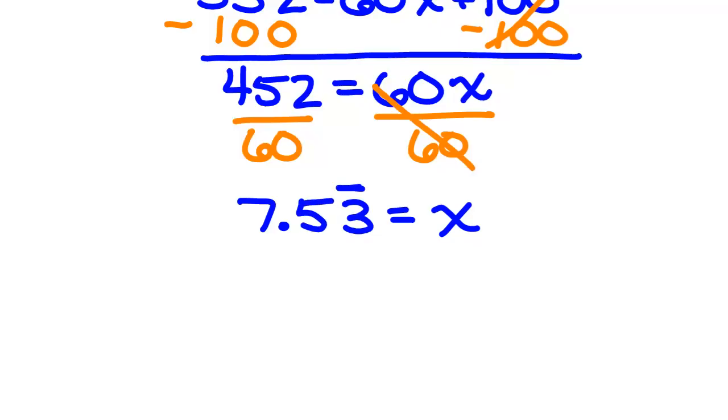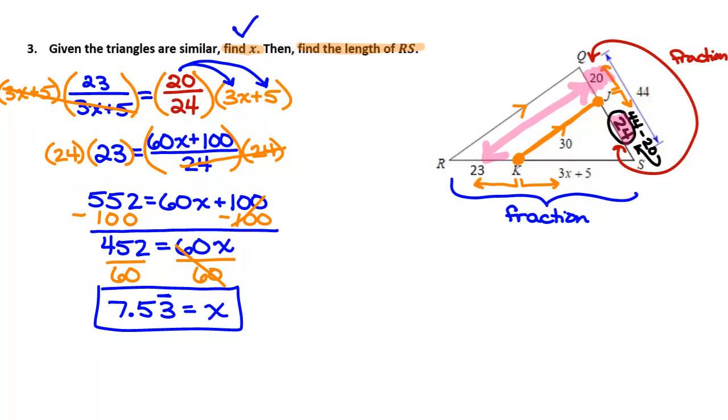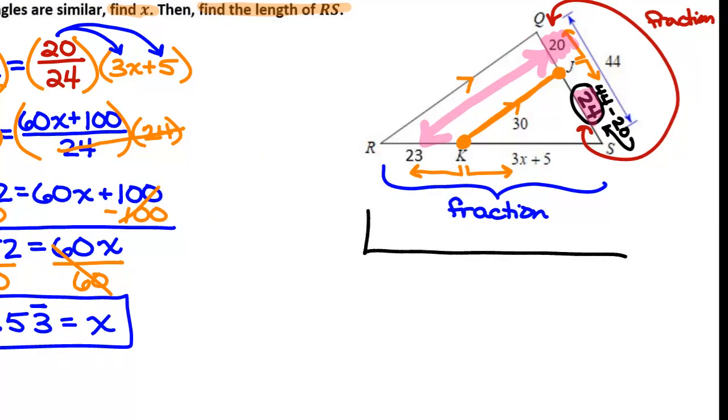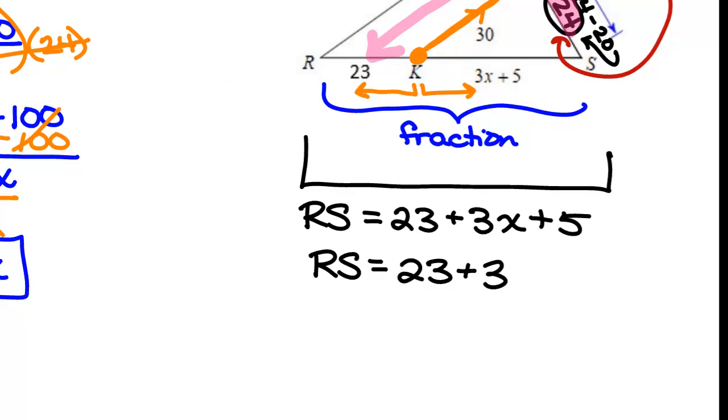7.53 repeating. Is that the end? Is that everything we were supposed to find? No, it said to find x, which we did. We did that part now. But then we also need to find what? The length of RS. So I want this right here. RS equals, what do I need to do to these pieces if I want the length from here all the way over to here? Add them. 23 plus 3x plus 5. So RS equals 23 plus 3 times